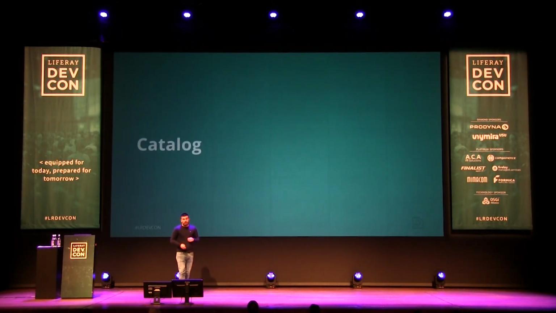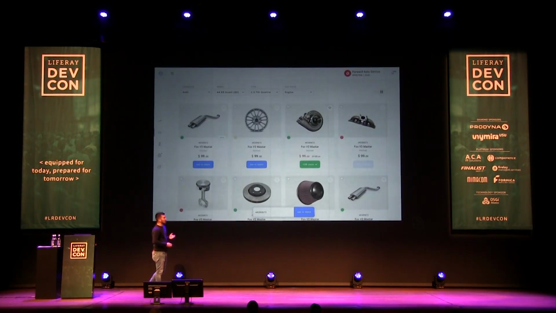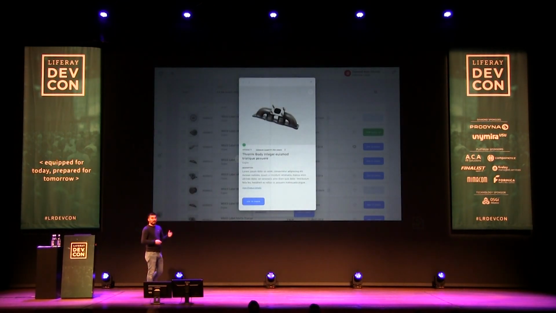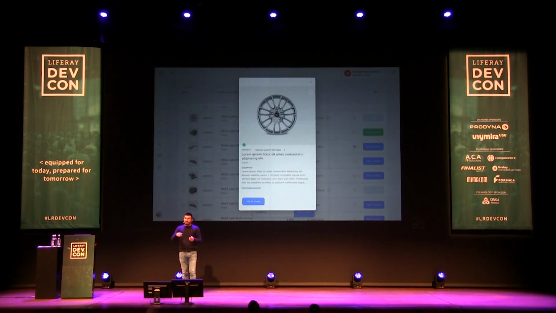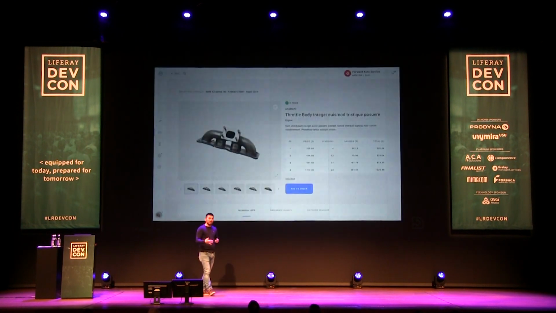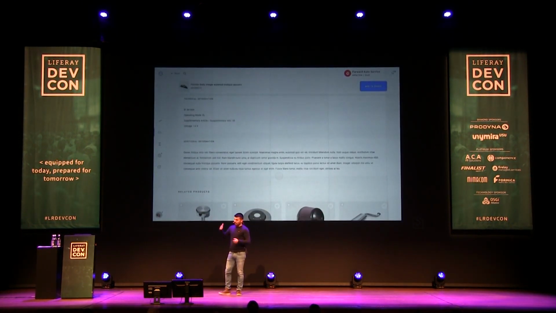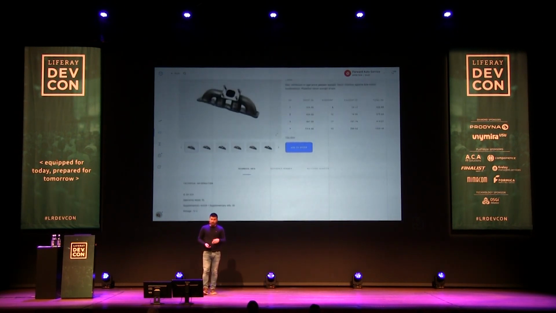And one of the last sections is the catalog. Let's see what it is and how the catalog looks in Liferay Commerce. So this is a standard catalog. You can navigate through products, and you can search products using our faceted navigation. You can preview them. You can then navigate until you find the right one, and then maybe you want to go into the detail, where we provide more information, like pricing information, attachments, documents, related products, and so on.